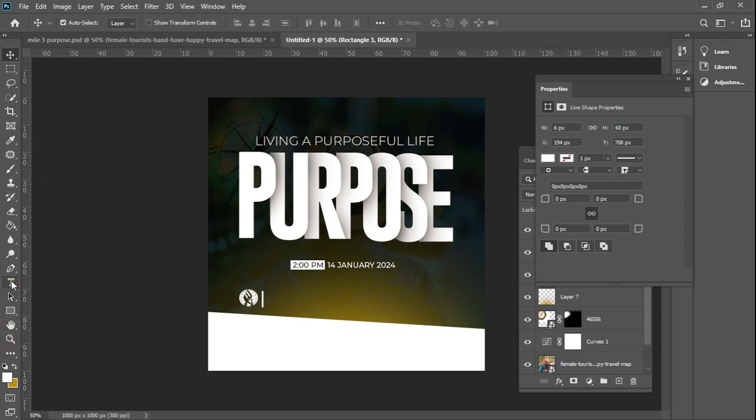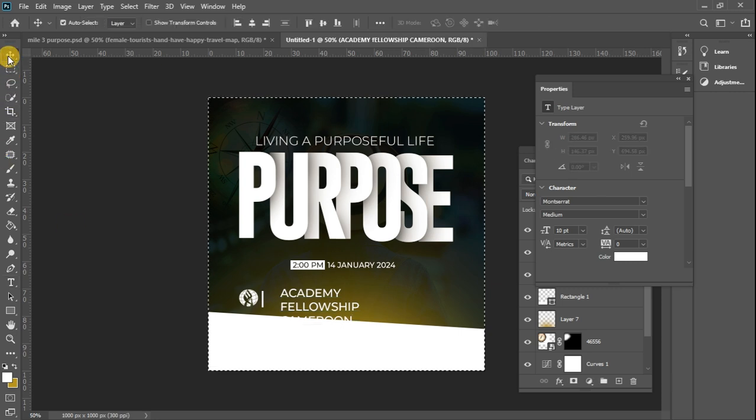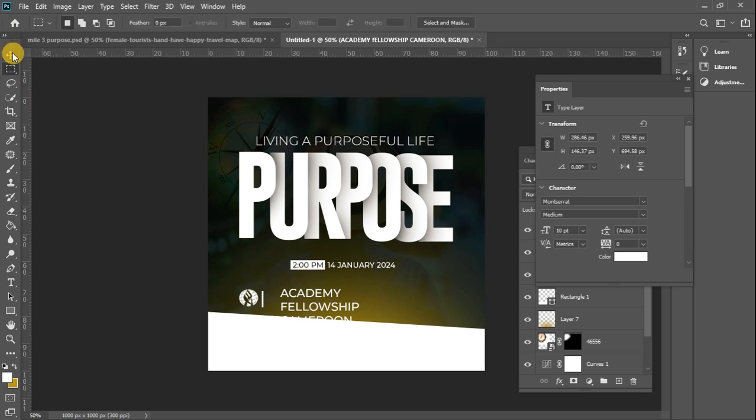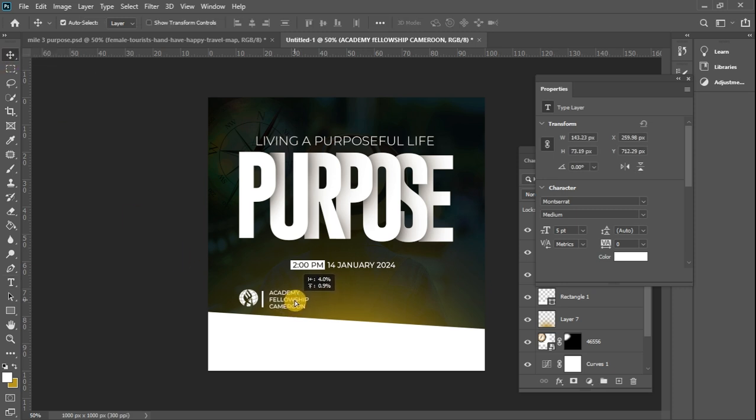Now I'm just going to type in the name of the organization. Academy Fellowship. Fellowship has double L, Cameroon, like that. I'll just select the text layer like this, and I'll reduce the font size to about 5, like that, and I'll bring it to this position. Control C. I'll drop it down a little again,